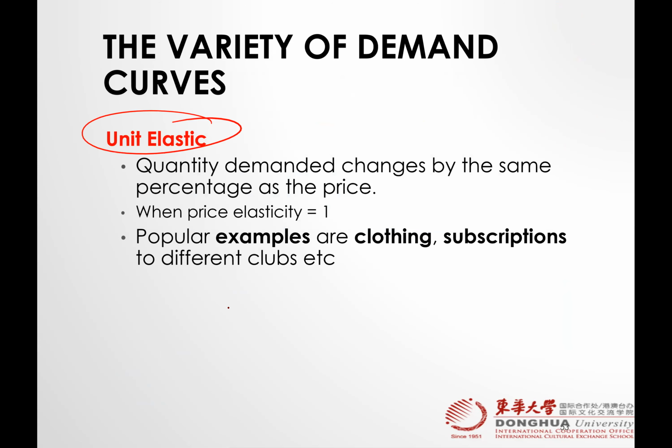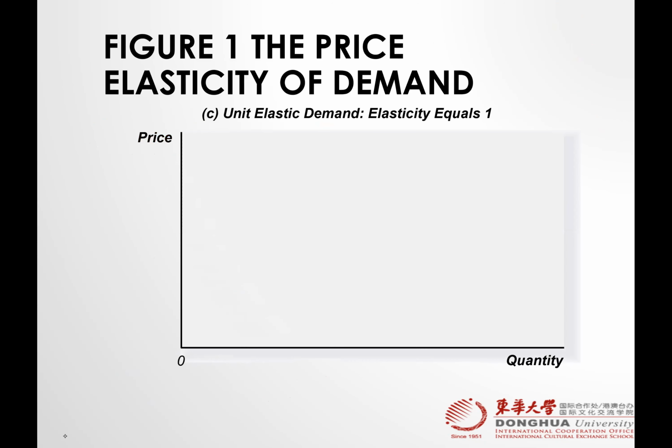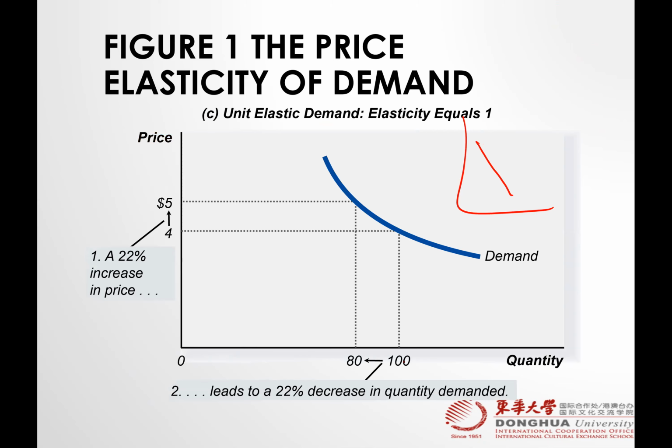Unit elasticity, which means if a 22% change in price causes exactly a 22% change in quantity demanded, then we call that unit elastic, or elasticity is one. Examples: clothing, subscriptions to different kinds of clubs, gymnasium, music club, right? Social clubs, it's like that. So unit elastic demand looks like it's in the middle, like this, or you can say a 45 degree angle. So you see here, if the price increased from 1 to 5, the demand decreased from 100 to